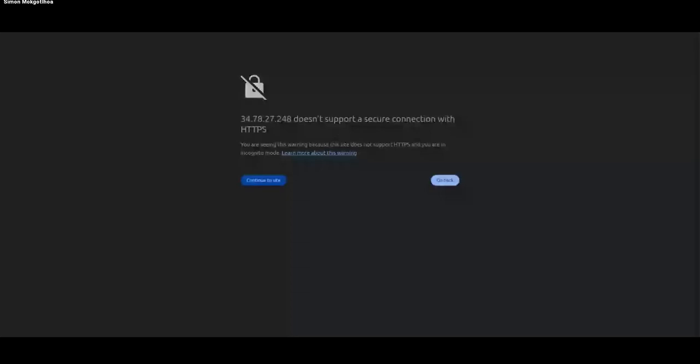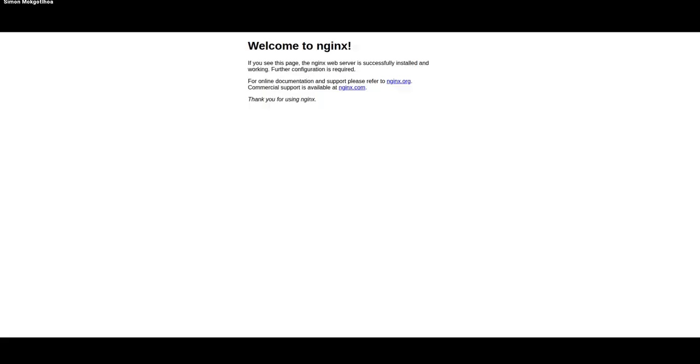Okay. So I copied our IP, as you can see here on top. Now it'll ask me, remember, we're not running on HTTPS, right? So do we want to continue on the site? Normally I'd say no, but guys, don't worry, I'm not trying to scam anyone. Plus this is running on my PC. So let's continue to site and find out what happens. There we go. Voila, our Nginx server actually runs. So we've actually managed to run a web server on the cloud.